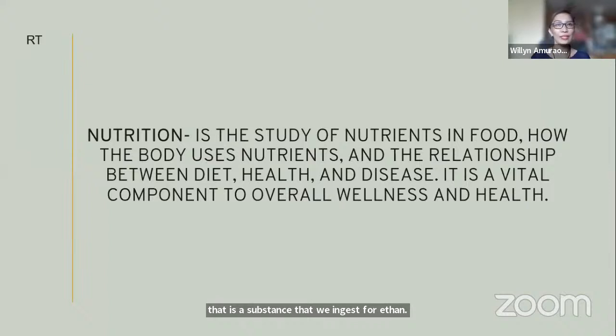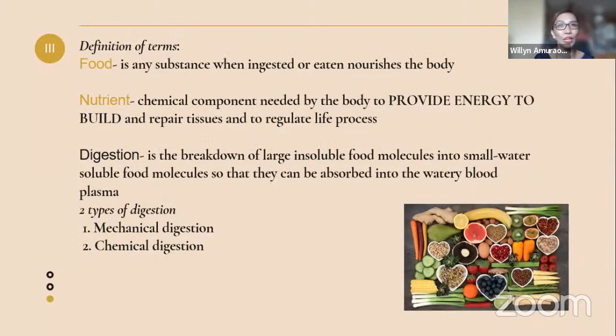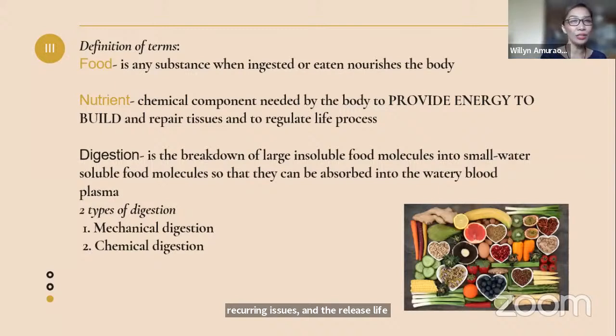The nutrients that come from the food are the chemical components needed by the body to provide energy, to build and repair tissues, and to regulate life processes. We have the digestion, which includes the digestive system, with the breakdown of large insoluble molecules into smaller water-soluble food molecules so that they can be absorbed